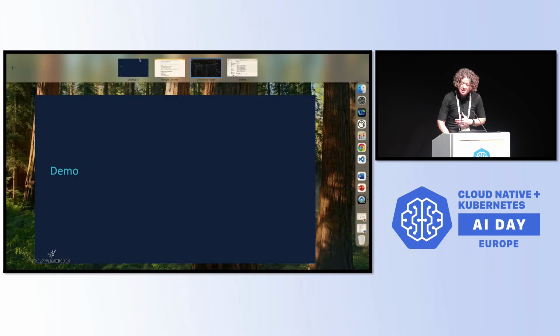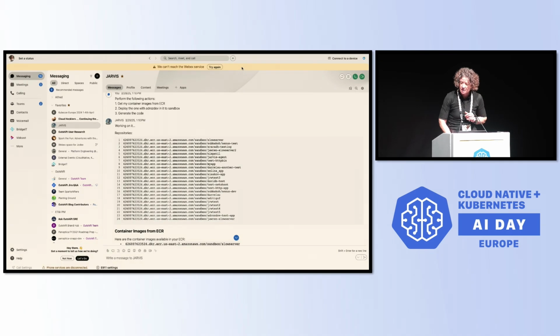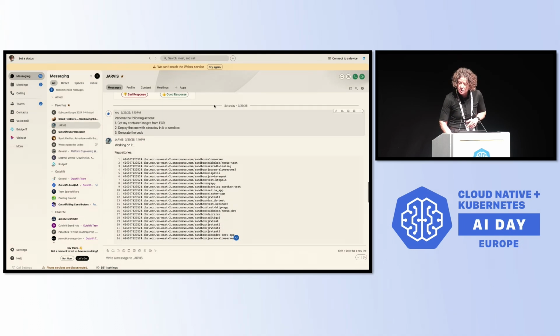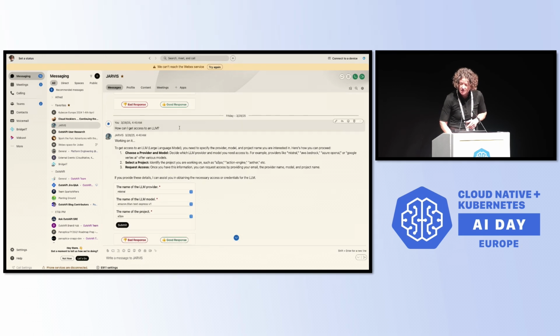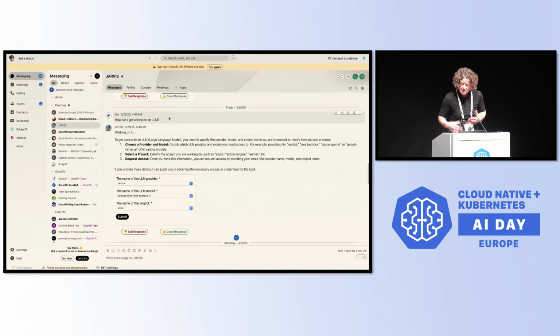So that's giving you a sense of what the pull request reviewer is actually doing. And then just to give you a sense of what the SRE team built as well, because this also might be of use to you. They support a number of very defined workflows, as I mentioned. For instance, I want access to an LLM.